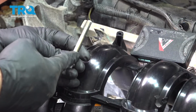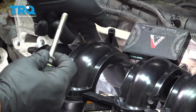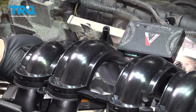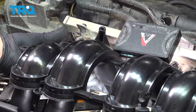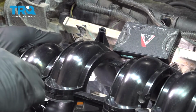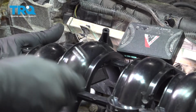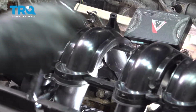Now this is the longest bolt of the entire intake bolt kit. It goes in the second bolt position, so we have the far left one. The second one in is the long bolt. Reach right underneath the intake, insert that, probably get it threaded a few threads. I'm going to feed our extension and socket in. Now that that one is snug,